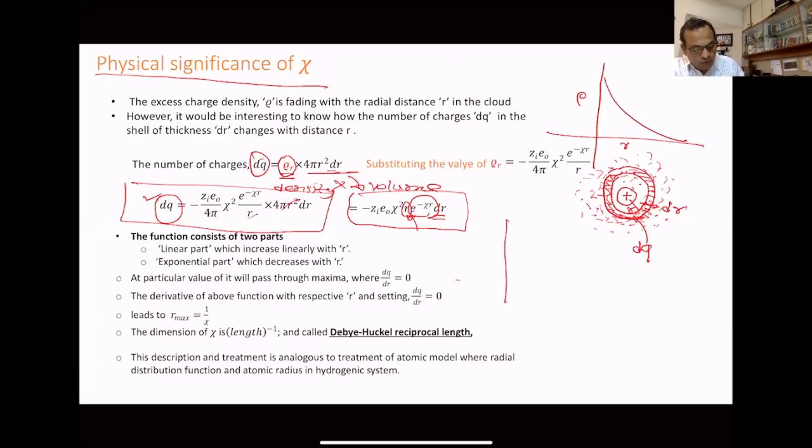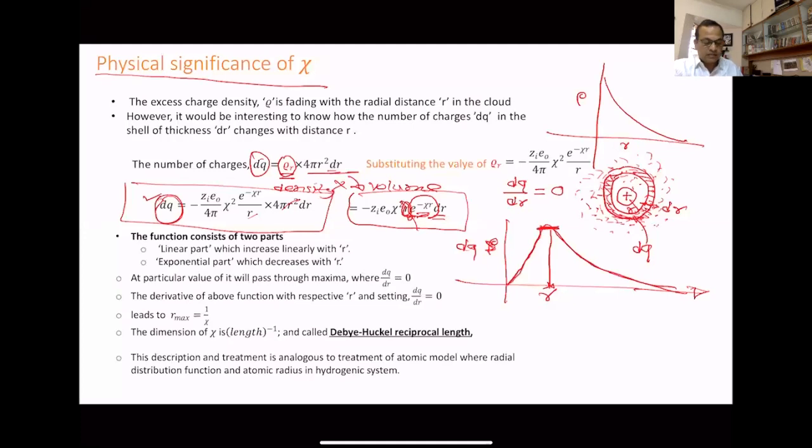One function is trying to increase linearly, that is the r function, and another function is trying to decrease exponentially. So the resultant of these two functions, the graph we get is like this: number of charges versus distance. That means at a particular distance r there's a peak, and if you take the derivative of this dq, that means dq by dr is equal to 0 at this point, at the summit point,